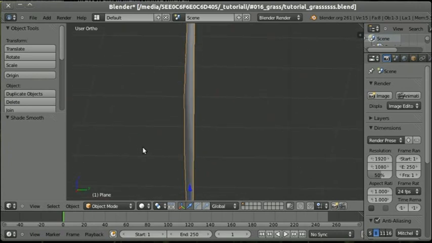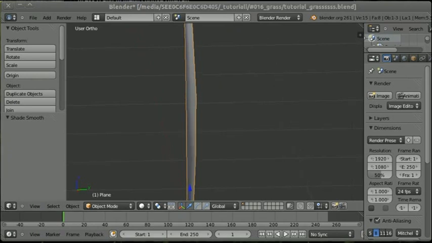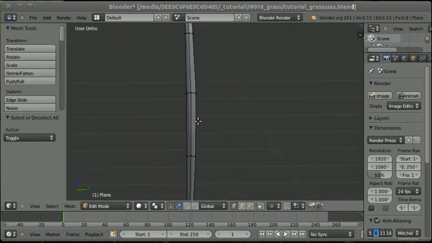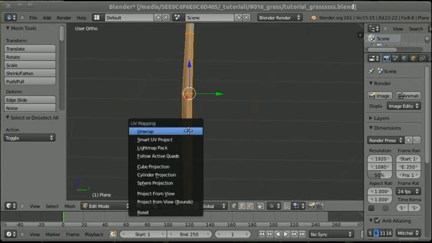But first, if you're planning to duplicate the same object while it is in edit mode, and every object within needs to have the same UV image, it's a good idea to set up the UV first and then duplicate the object, because if you don't apply the UV first, you will have to do it later for each one of them, which isn't a very good idea. So here's the thing: enter edit mode, select the whole object, pressing A twice if needed, press U, and